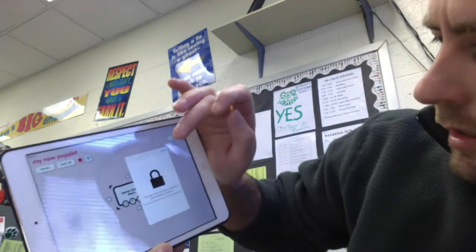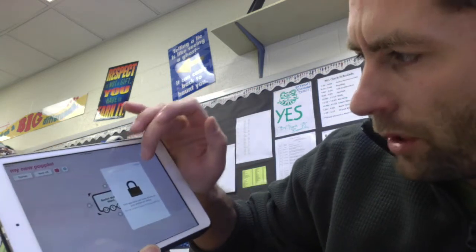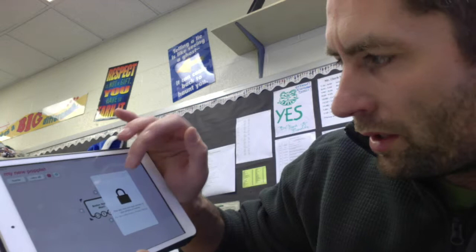Save image. Then I go back to Popplet. Click on images, open library. Oh, I got to give permission. Okay, well, you can see how to do it. We go to the library, we open it up, we stick it on there, and there's one of my 5 things that caused the American Revolution. Okay, the effect was the American Revolution. So what were some of the causes?